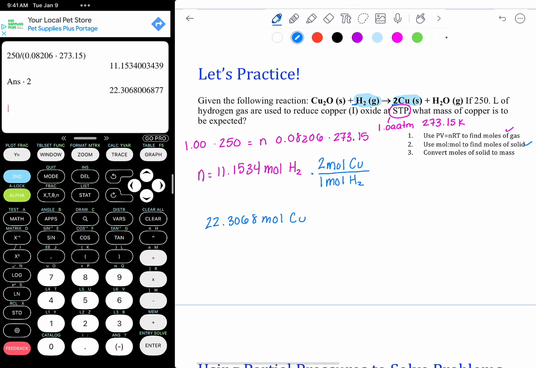Our final step is to convert moles of solid to mass. And since we're just looking at copper solid, it's just going to be the molar mass of copper from the periodic table. So we're going to multiply this by 63.55 grams in 1 mole. So we get out